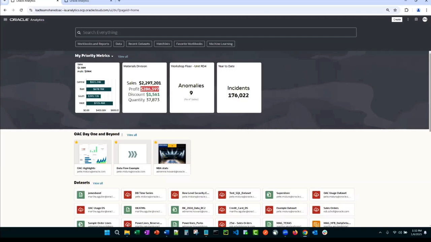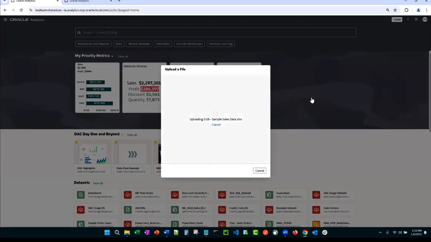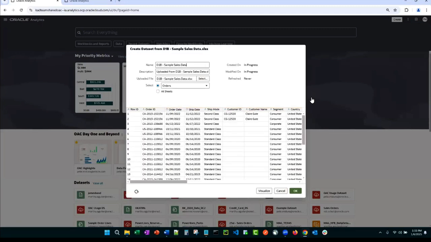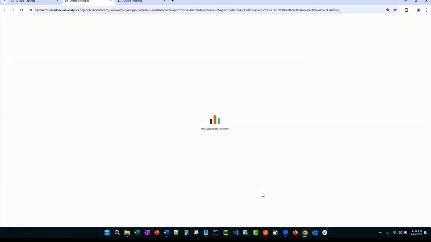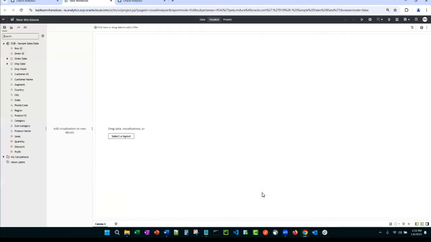Working with Excel, text, or CSV files couldn't be easier. The quickest method is to simply drag the file onto the home screen. So I've got a file over here on my other monitor, and I'm just going to drag it right here and let go. So it will quickly import the data and display several sample rows. Now I could say OK, and it would be immediately uploaded to the platform. But if I hit visualize, that will not only import it, but it will bring me directly to the workbook editor. So think about that. 2 clicks, and you could have your data imported and be ready to start working with it.